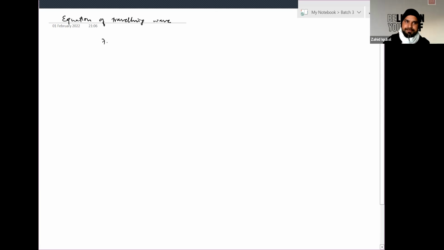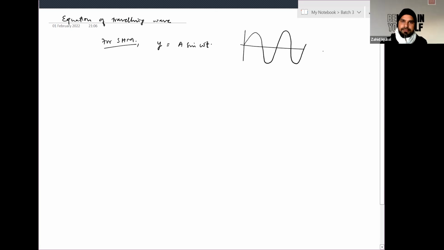As for SHM, that is simple harmonic motion, the equation was y equals a times sine omega t. It means it is defining just an oscillating particle about its mean position. Up and down, up and down. But for a wave, it must have vibration about its mean position as well as propagation along the string from one point to another. So to define it,